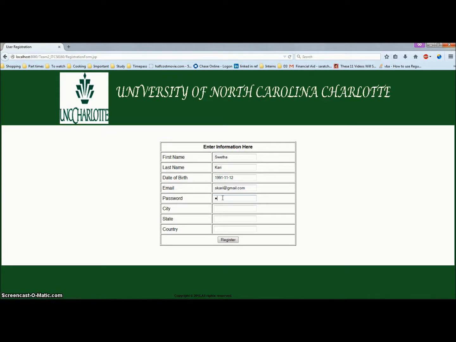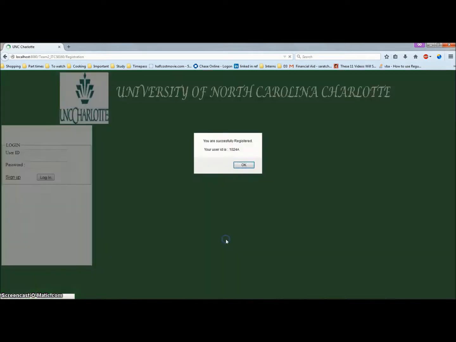So he can create a password here, and the city, state, the country. So now once he clicks the register button here, he gets registered, and here we can see his user ID, that for a particular user there is a unique user ID, and for this particular user we have this user ID as 1024A.